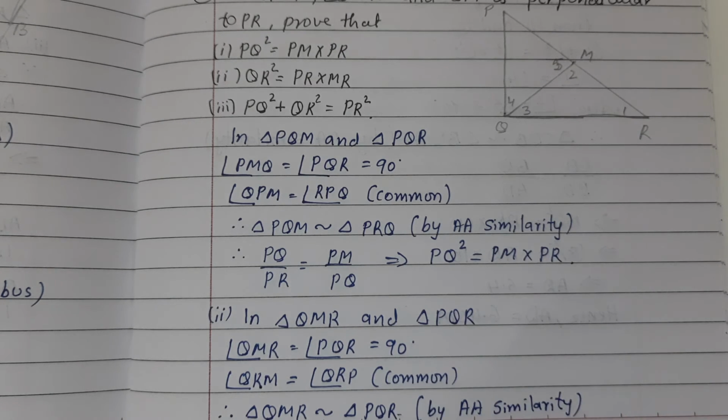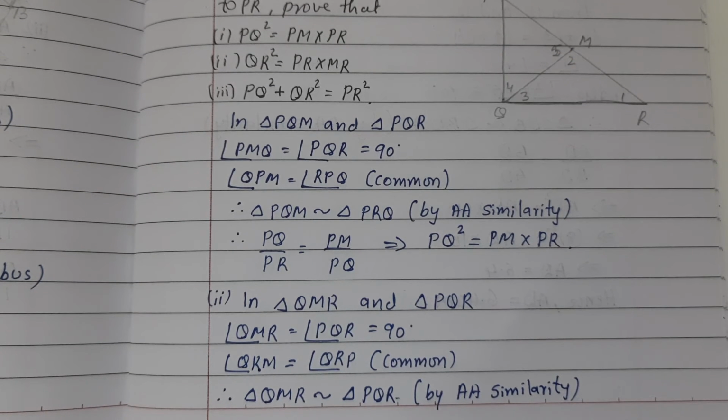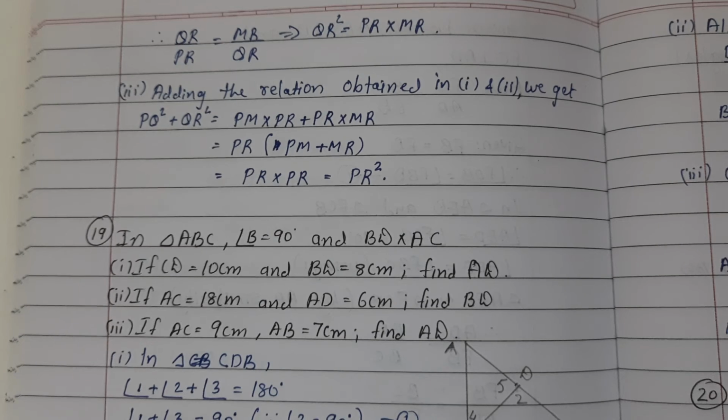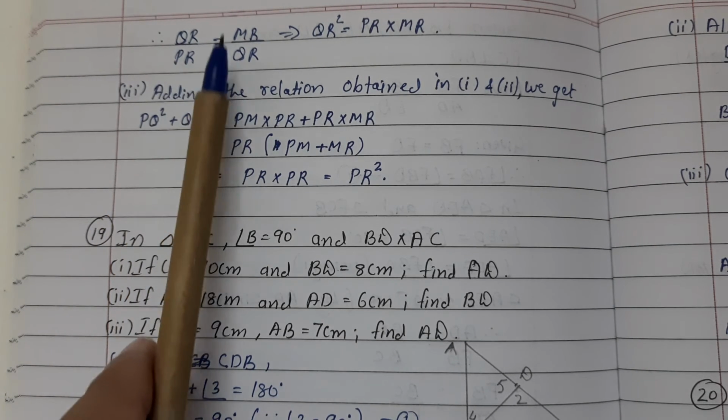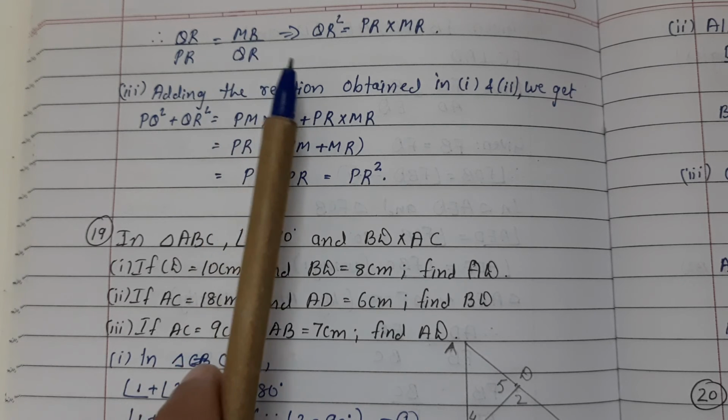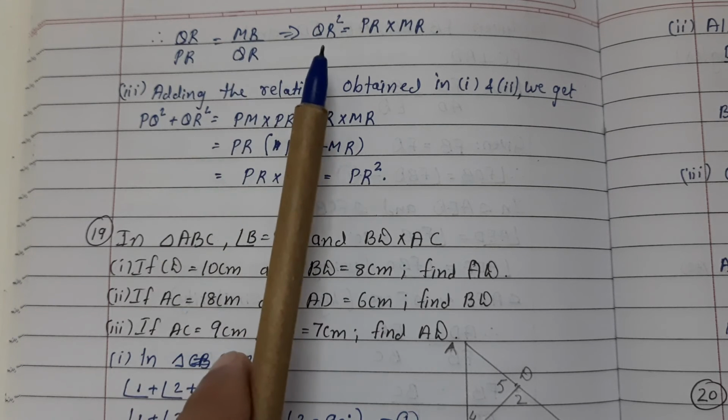Hence triangles are similar. Triangle QMR is similar to triangle PQR by AA test of similarity. Hence sides are proportional. Therefore QR upon PR is equal to MR upon RQ, implies cross multiply QR square equal